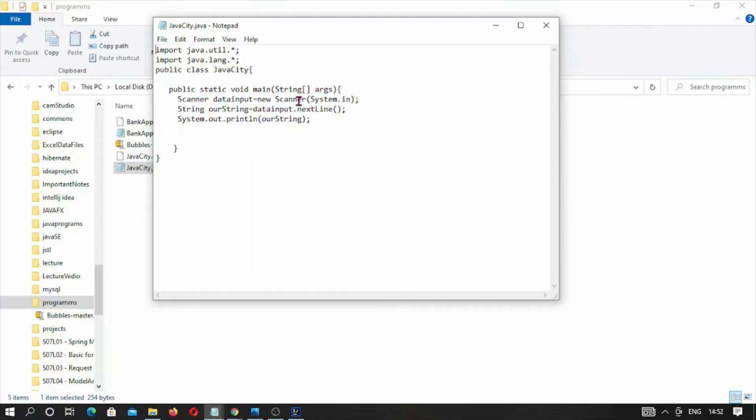It is an object of Scanner class, and it is taking input from System.in. System is a class, and in its field, in is a field which you may take as an object of the InputStream class.